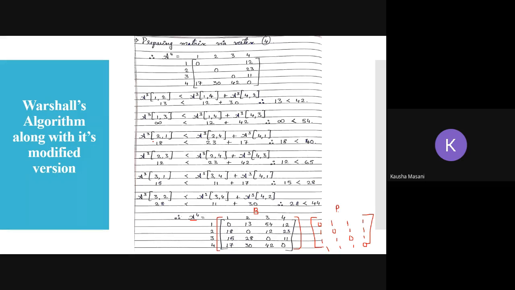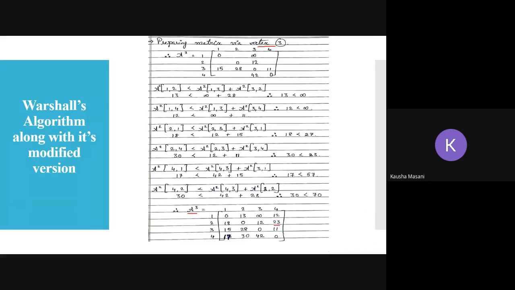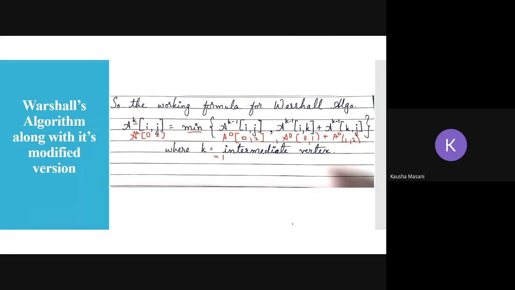फॉर एग्जाम्पल यहाँ पे 20, 15 और 28, ओके, यहाँ पे आप देखो 23 है, ठीक है, ओके, it is 2 4, तो मेरा A of k क्या है? अभी k है मेरा 2, तो A of k सो 2, ओके। सो 2 to 4 वैल्यू मेरी 30 है, ठीक है, और वाया 3 समेशन वैल्यू क्या है मेरी? 23। सो दोनों में से जो भी मिनिमम है, या तो 30 या तो 23, वो आपको यहाँ पे प्लेस करनी है, ठीक है। तो 30 और 23 में से 23 सबसे छोटा था, तो मैंने 23 को अपडेट किया। तो दिस इज द वर्किंग फॉर्मूला, ओके, that in your existing matrix, you are going to compare out of these two, दोनों में से जो भी मिनिमम वैल्यू है वो आप प्लेस कर दोगे।